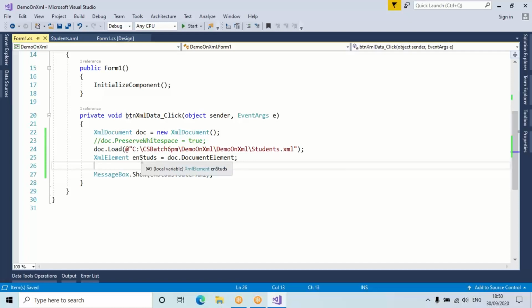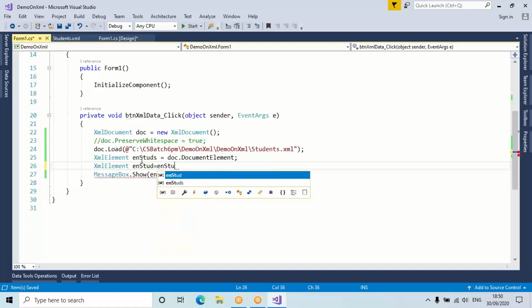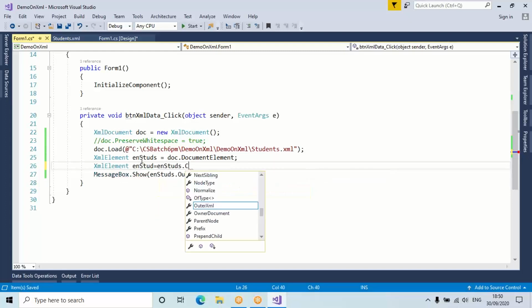Only that node I want to access. How do you access it? XML element en student, equal to en students dot